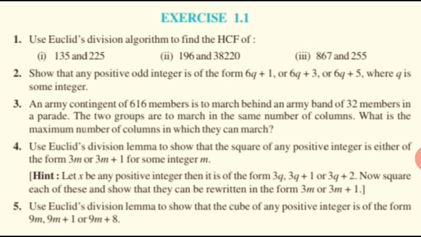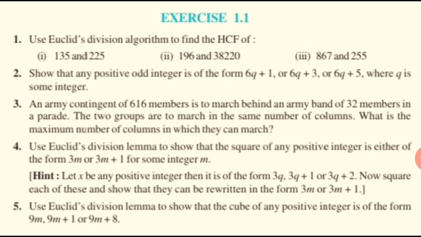If C is greater than D, then a few steps are to be followed, wherein the first step was finding the division algorithm. When you divide, you get numbers q and r such that c equals dq plus r, where 0 is less than or equal to r, which is less than d. Now the condition is, if we get r equal to 0, then we say that D is the HCF. If r is not equal to 0, we proceed.